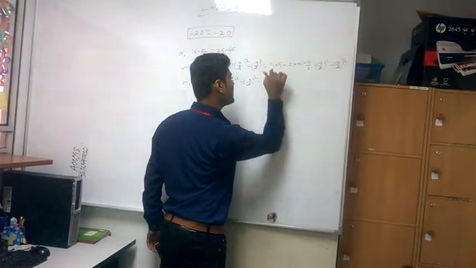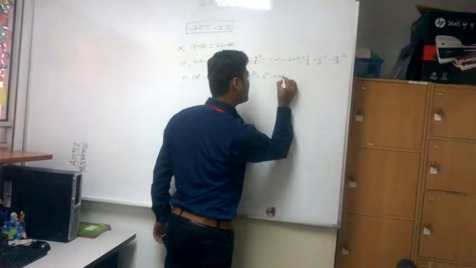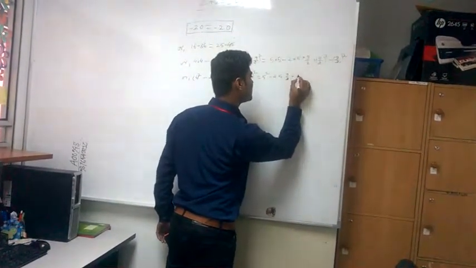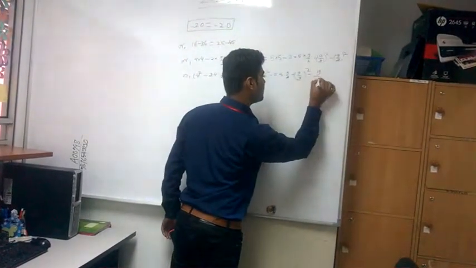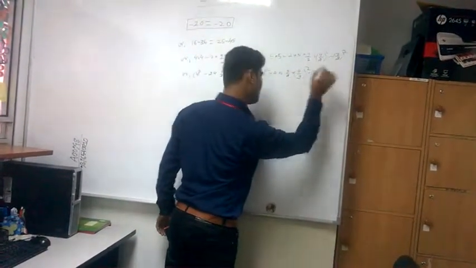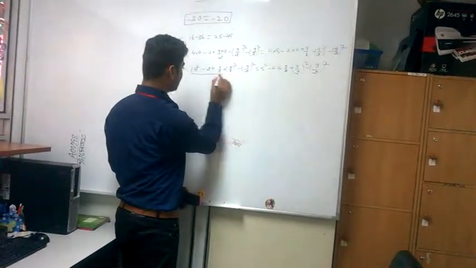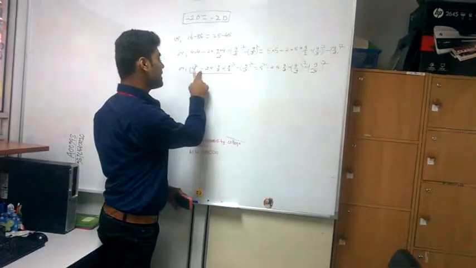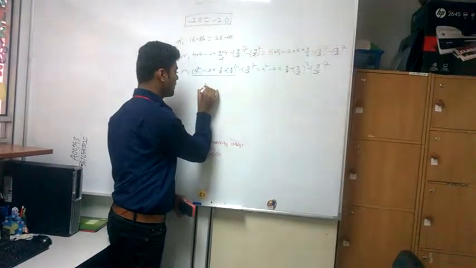So 5 whole square comes from here. Now 2 into 5, 2 into a into b means 9 by 2, plus again 9 by 2 whole square minus 9 by 2 whole square. This is totally balanced. Now we see this part, a square minus 2ab plus b square